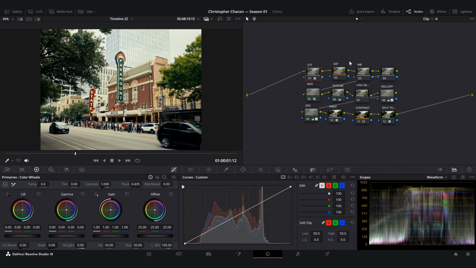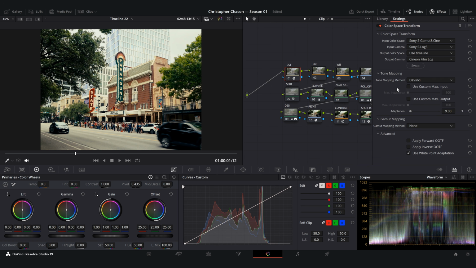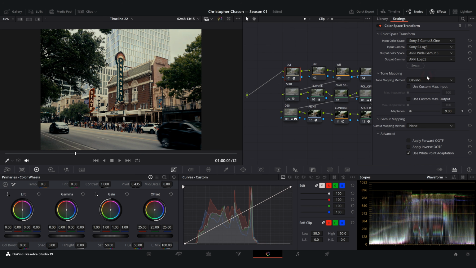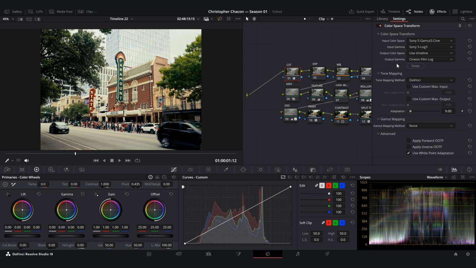The first thing that we'll want to know is the color space transform that I got going on my node tree. So in this case, my input color space is Sony S-Gamut3.Cine and Sony S-Log3 because I'm shooting on a Sony FX3. And for the output color space, I have it set to use timeline, which is just regular Rec.709. And then for the output gamma, I'm converting to Cineon film log for this particular shot. On my previous video, I had it converting to REDWideGamutRGB and Log3G10. But again, that was a different shot. For this particular one, we'll be working on Cineon film log,